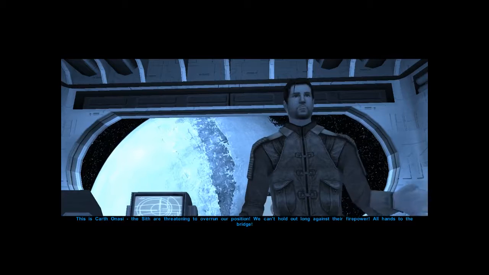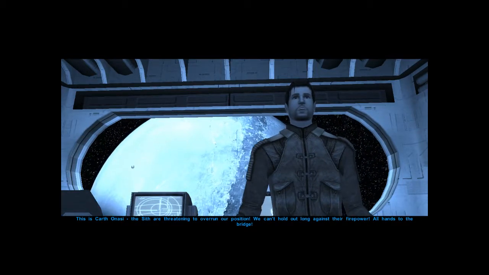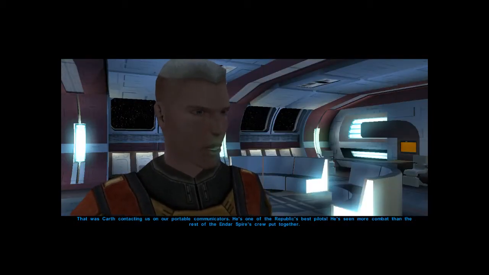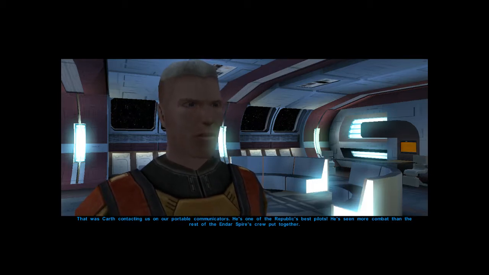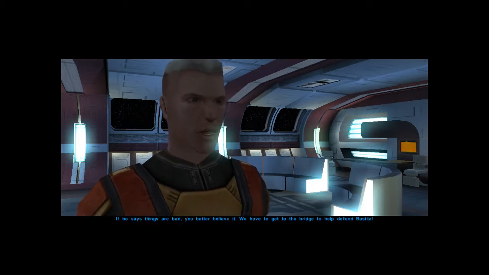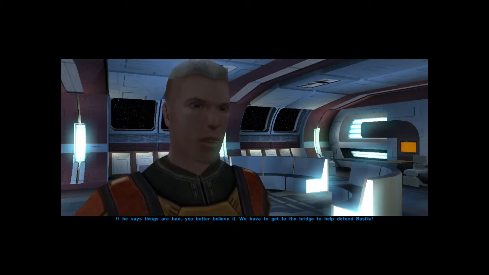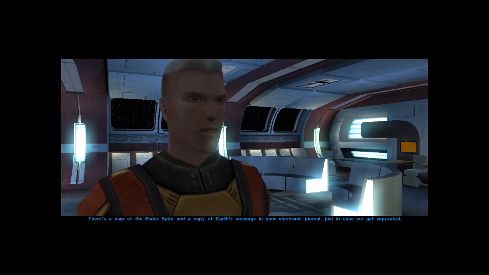This is Cardinal Nasty. The Sith are threatening to overrun our position. We can't hold out long against their firepower. All hands to the bridge. That was Karth contacting us on our portable communicators. He's one of the Republic's best pilots. He's seen more combat than the rest of the Endar Spire's crew put together. If he says things are bad, you better believe it. We have to get to the bridge to help defend Bastila. There's a map of the Endar Spire and a copy of Karth's message in your electronic journal, just in case